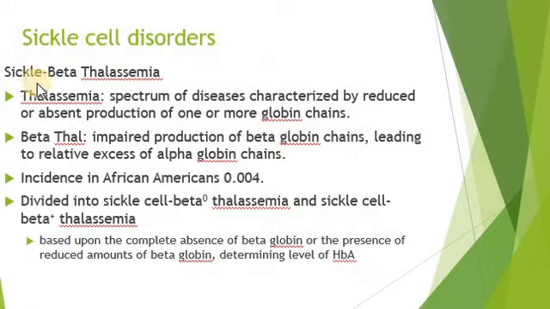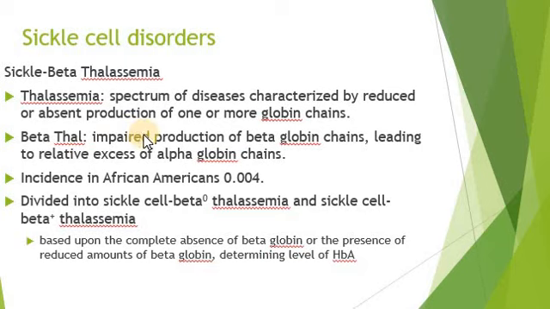Sickle cell disorder also includes thalassemia. Thalassemia is a group of inherited autosomal recessive disorders characterized by reduced or absent production of one or more globin chains. The globin chains, the amino acids that we saw just now, will either be completely absent, or there is a reduced production of globin, and there may be thalassemia minor or thalassemia major. Alpha thalassemia most commonly occurs in Africa, Southeast Asia and the East Mediterranean, while beta thalassemia is mostly found in North and West Africa and the Indian subcontinent.